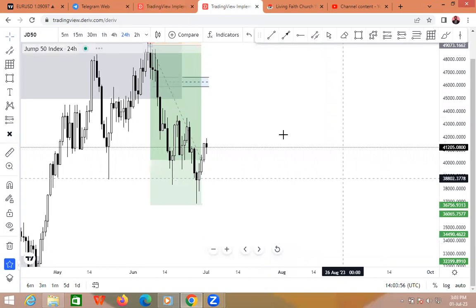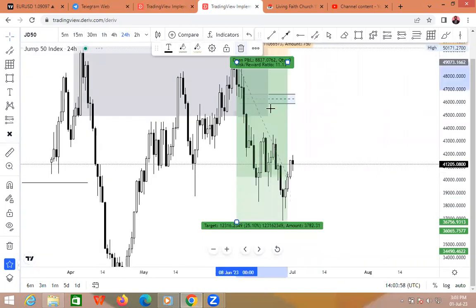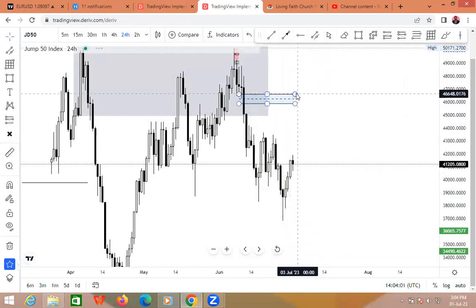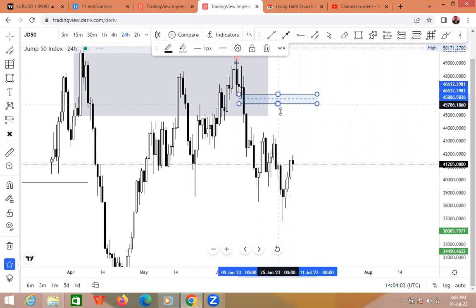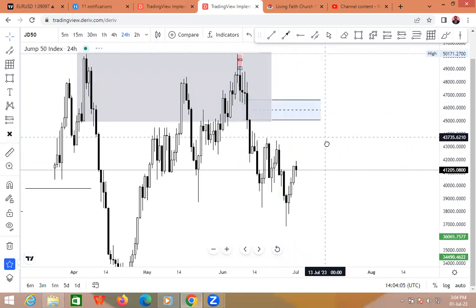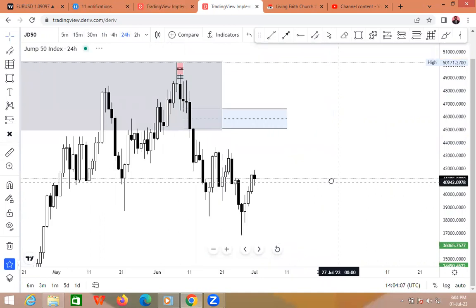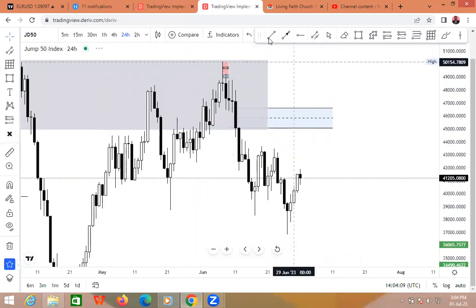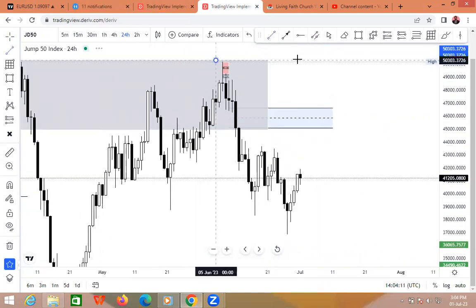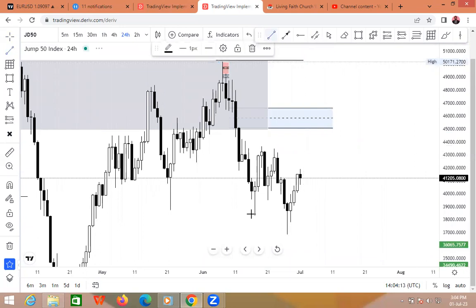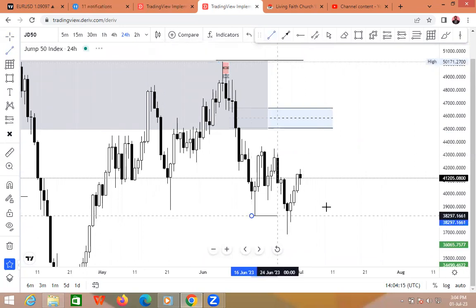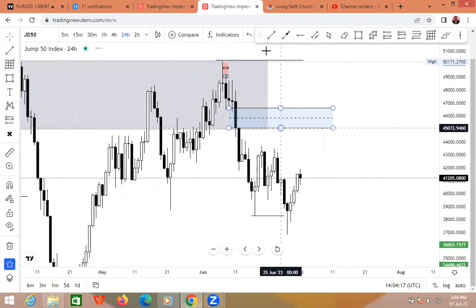Now on daily, let me remove this. There is still an IPA above here that price may want to come to. I don't know when. Price will want to come here. But if I look at my current range, this was top range. This was down range. We expected price to come here. Price didn't come here. Price gave me another range, top range,